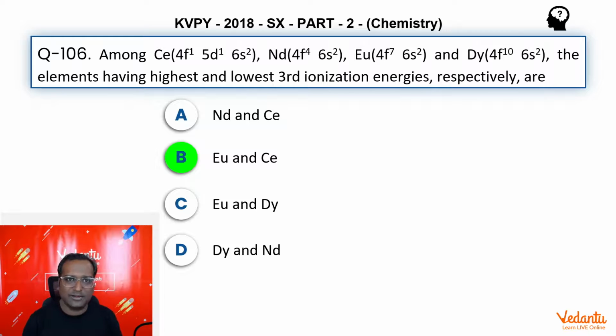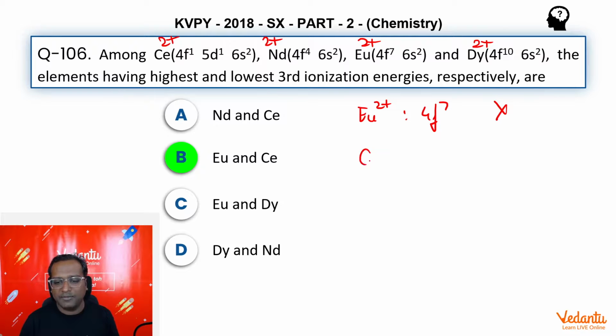We wrote down the electronic configuration of the 2+ ions, that is Ce2+, Nd2+, Eu2+, Dy2+, and we found out that for Eu2+ we have to remove an electron from 4f7, a half-filled stable system, so it should be very difficult. Then we found out that in Ce2+ the electron is removed from 5d, whereas in the others the electron is removed from 4f. So it's much easier to remove an electron here,